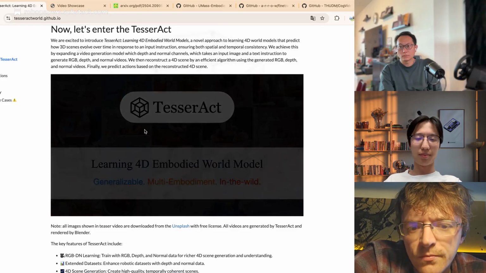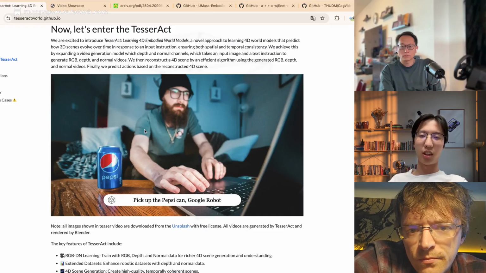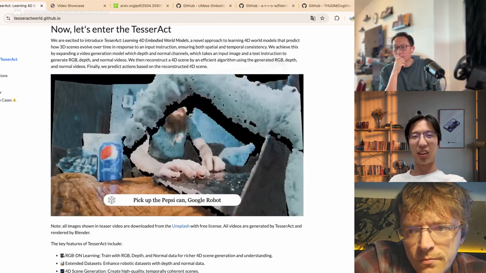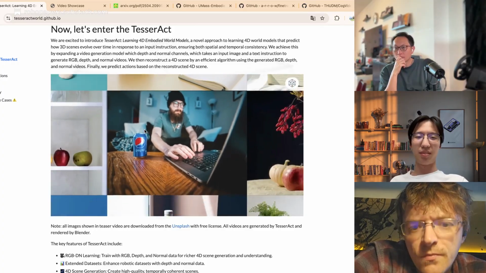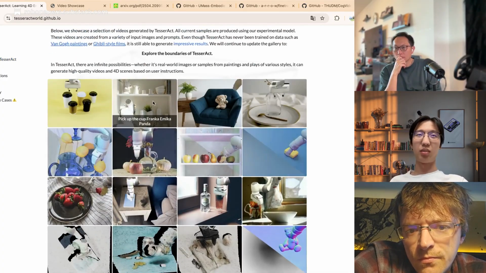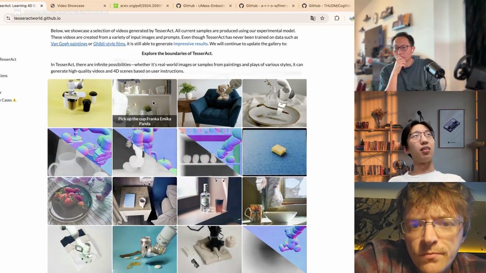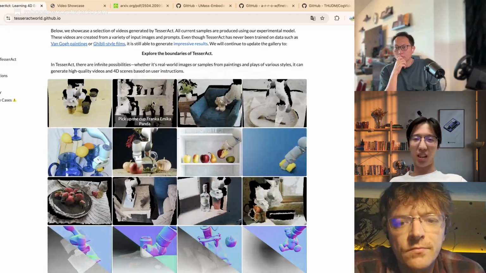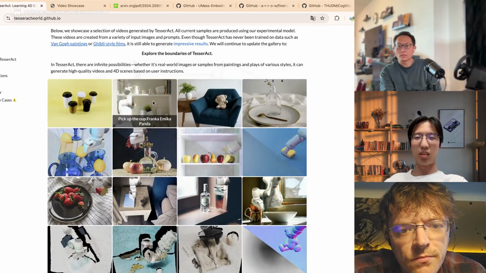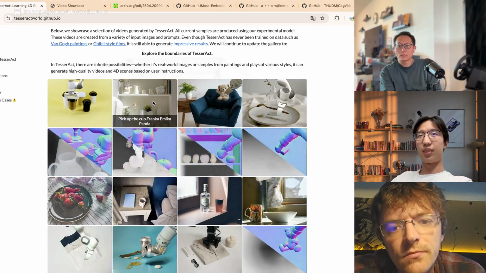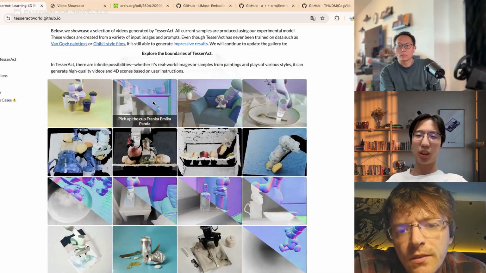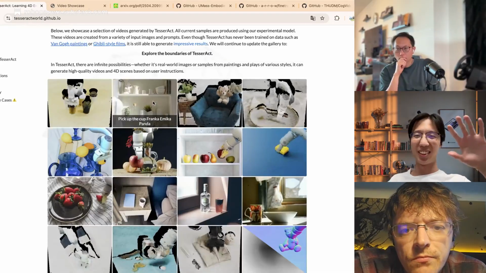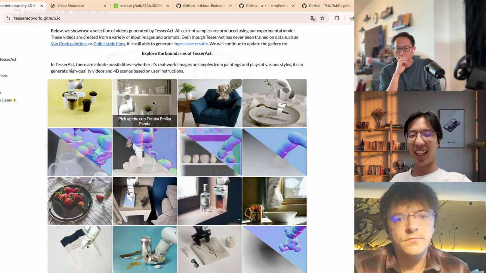Like for TesserAct or for the diffusion model, the inference speed is slow. Maybe to generate this video may take 2 minutes on an A100. So this is one of our disadvantages. But this is a trade-off. Makes sense. If you want to generate high resolution videos, then you must take it.